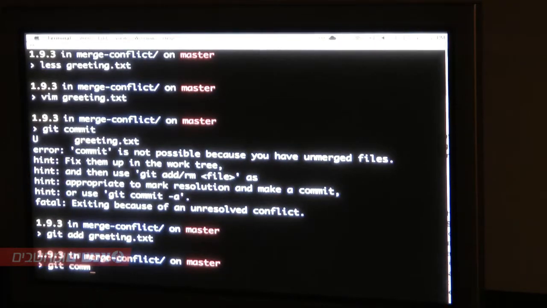Can I ask a question? Yeah, go for it. How come you should instruct it that you resolved the conflict, because it can see that there are no signs? So Git's not always running. Git only runs when you actually tell it something. So it doesn't automatically see that the file has changed. We have to tell Git we have resolved the conflict. Let us make that merge commit that we were trying to do before.